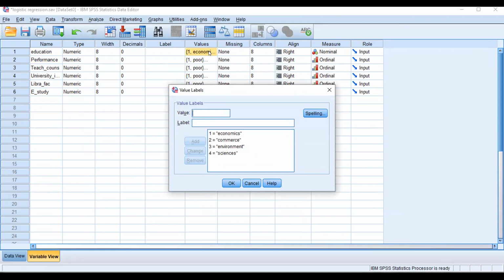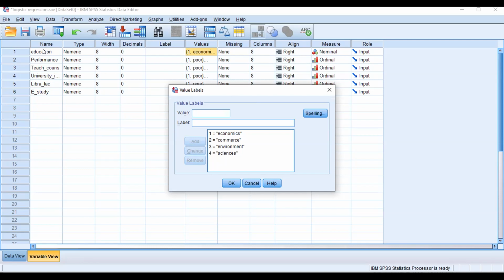commerce. We cannot say. Each and every subject has its own importance, so we cannot claim which one is better. That's why it is known as nominal. You can see inside the measure column I mentioned nominal scaling. Okay, so here, because this is performance and this is education, we cannot run regression.